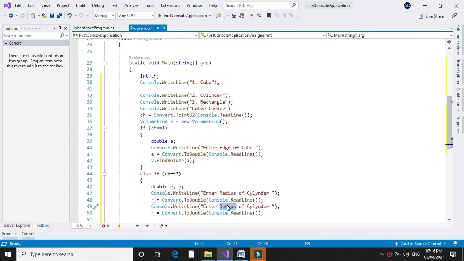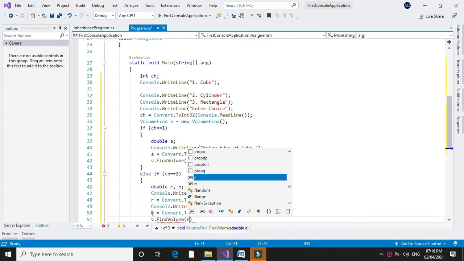Then we will accept the height of the cylinder in h, and we will execute the method FindVolume with two parameters.